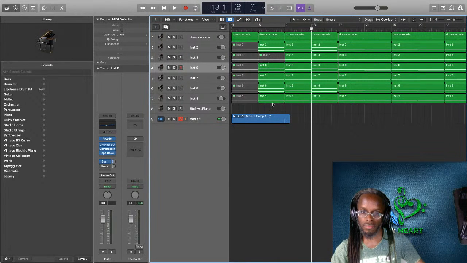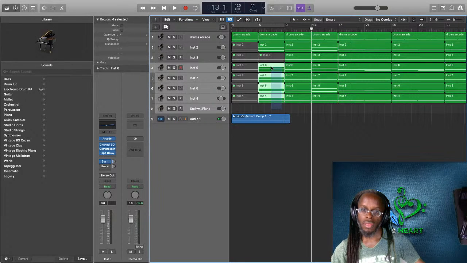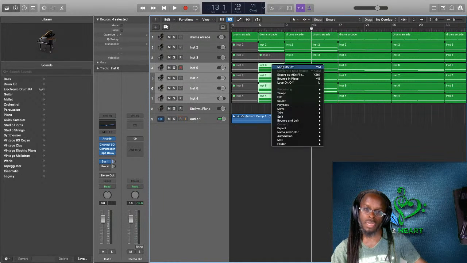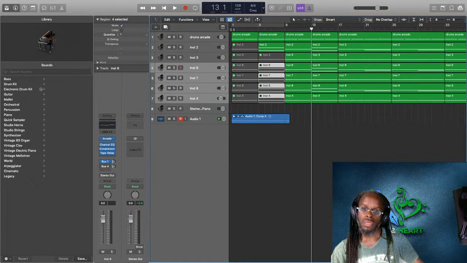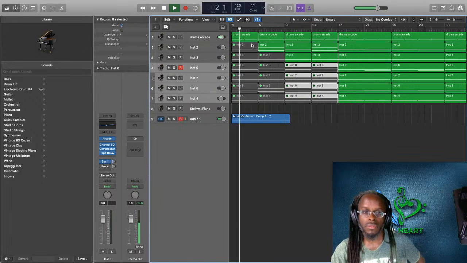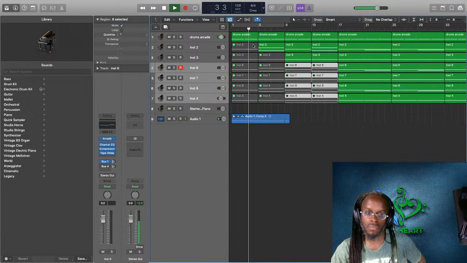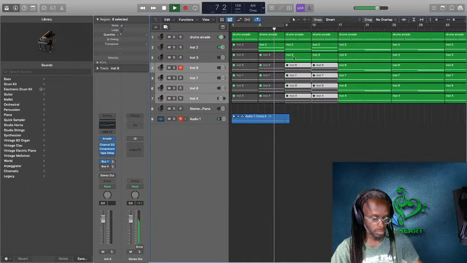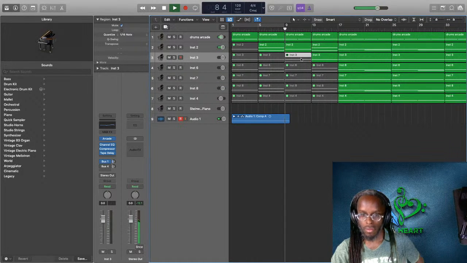I'm still getting used to Logic and the shortcut commands, but you just kind of build out what you want to happen. So this right here, you can see how it builds. Let's see it play through. All right, and then